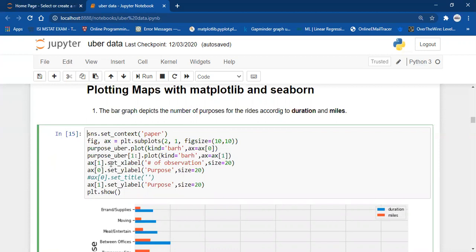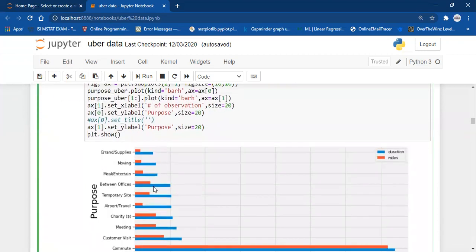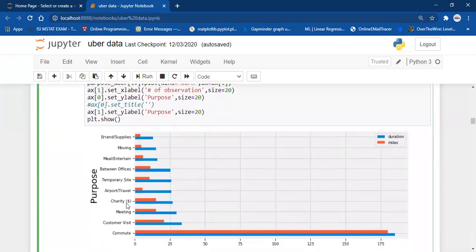Then I set the axis labels and the y labels, and then we do plt.show, and as you can see, this particular graph is for the values including commute. So as you can see, the commute value has a very high mean duration and miles, the duration being in blue and the miles in orange.